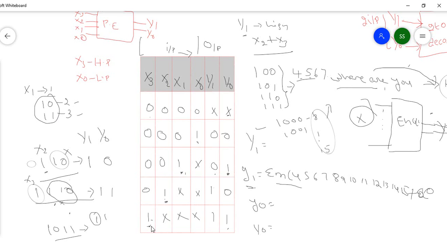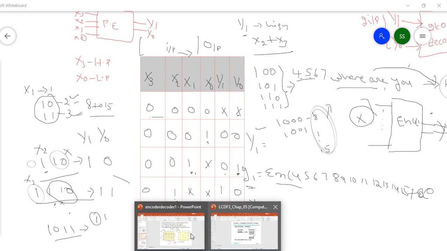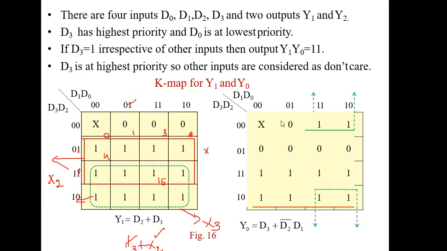Then it is high for x3. So x3 high means, as we already know, we have taken 8 to 15. So you have to make 2 and 3 high and then 8 to 15 high. Then for 0 it is don't care. Okay, this is the structure you have to do, and that is what I have done here. And if you simplify you will get the answer. See here, this is actually the condition of zeros, and this is don't care. Here also I have taken don't care, but this don't care won't work, because we already have all the ones in our groups.